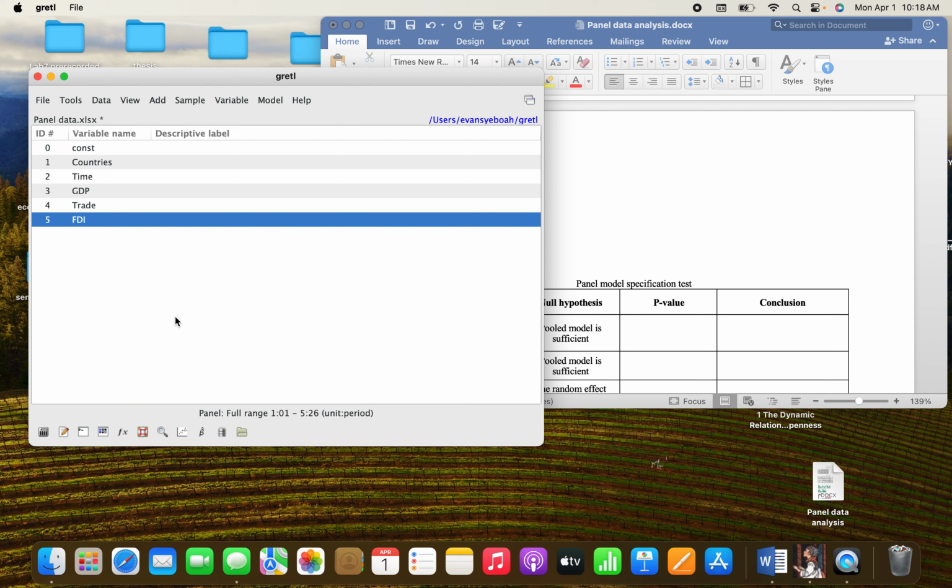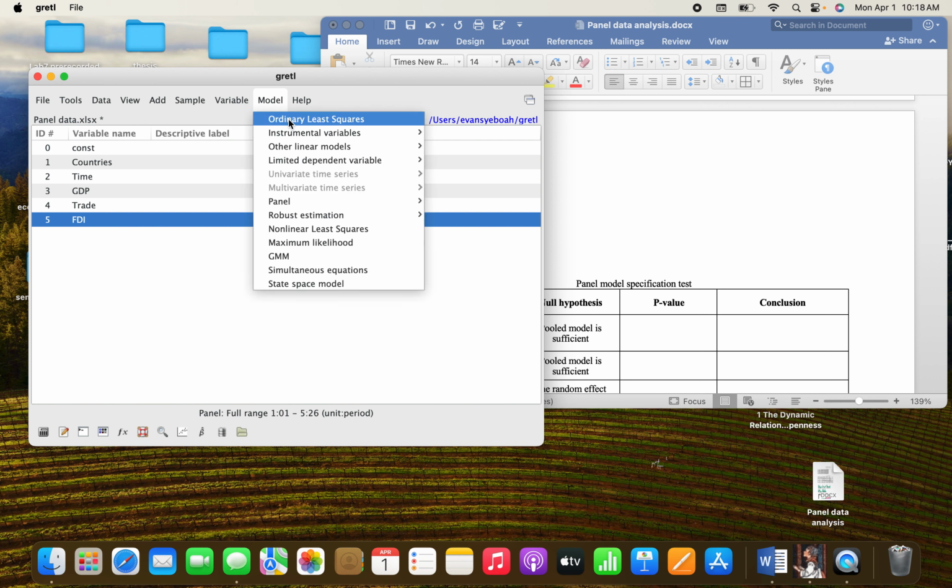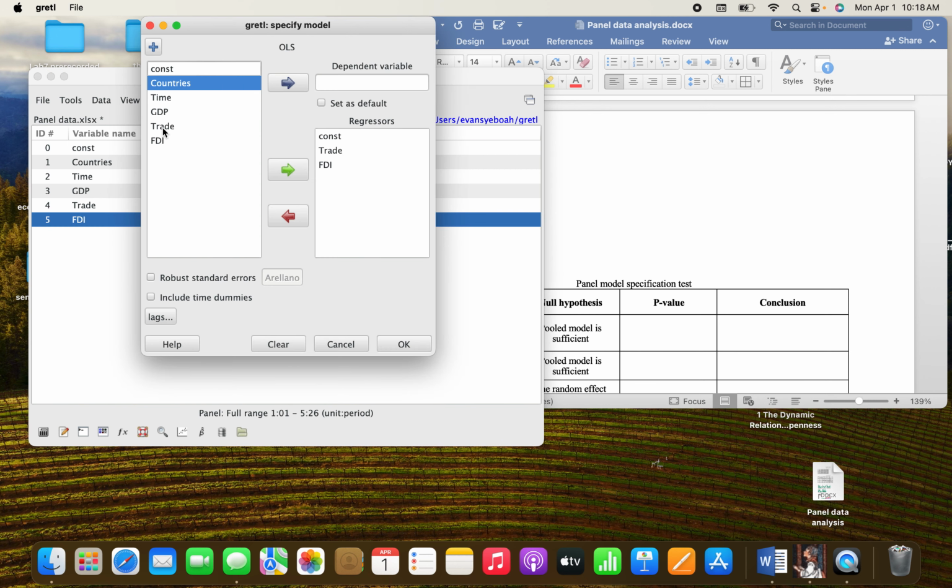OLS for the panel, which is the ordinary least squares for panel data, and it stands for the pooled model in Gretl. So first we have GDP, we have trade openness, we have FDI. We are going to do it using GDP as the dependent variable. So without wasting my time, click on Model, Ordinary Least Squares, and we have to put GDP as the dependent variable,